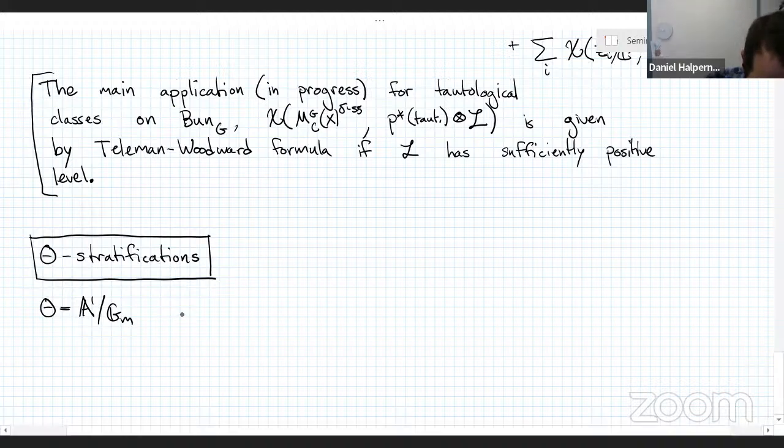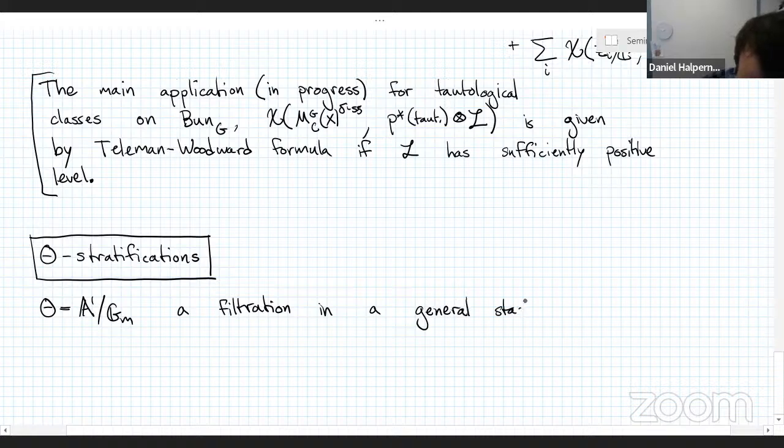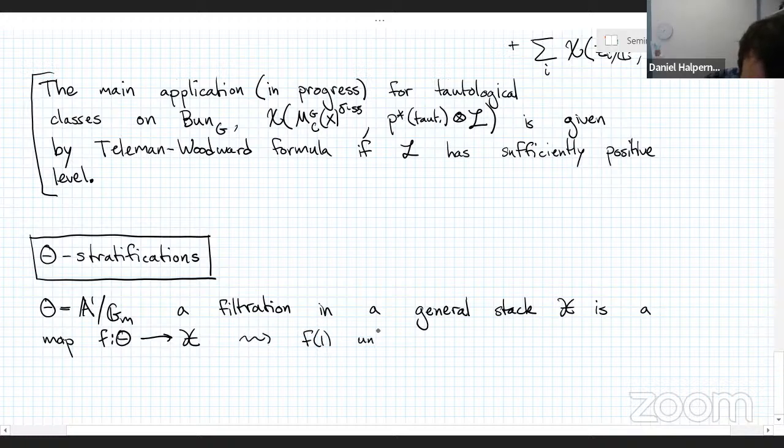And a filtration in a general stack is defined to be a map f from theta to X. So you think of this as a filtration. f of 1 is the underlying point, the underlying object,